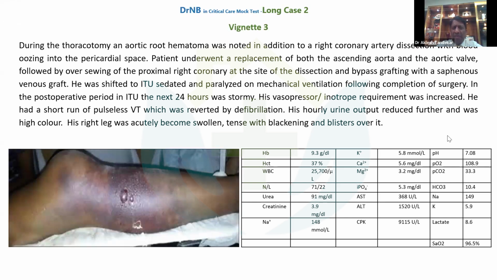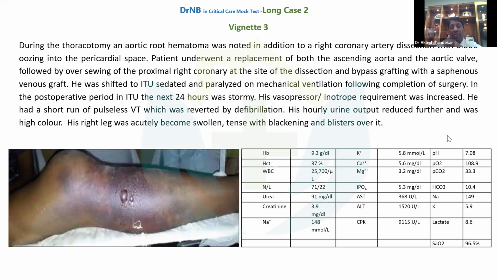Patient underwent replacement of both ascending aorta and the aortic valve, followed by oversewing of the proximal right coronary artery at the site of dissection, and bypass grafting with saphenous venous graft was offered. This patient was shifted to the ITU, sedated, paralyzed on ventilator following completion of the surgery, and in the next post-operative period in the ITU, this